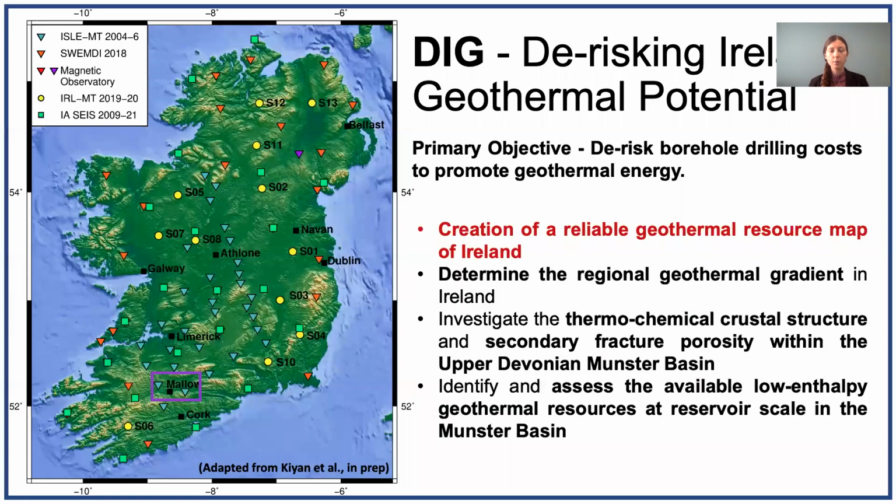So this brings us onto the DIG project, which stands for De-risking Ireland's geothermal potential. The primary objective of the 48-month project is to de-risk borehole drilling costs to promote geothermal energy. We intend to do this by using multidisciplinary massive datasets and state-of-the-art techniques in order to generate a reliable geothermal